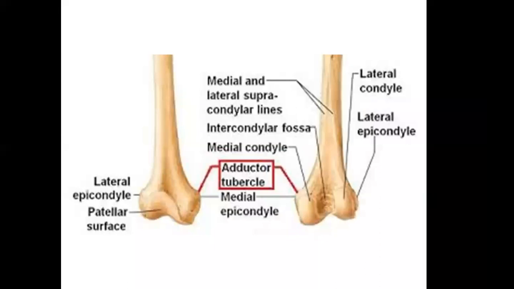Now in this picture, you can see the lateral and the medial condyles, the lateral and the medial epicondyles, and then the adductor tubercle along with the intercondylar fossa. If you can see, here is a depression on the posterior aspect. This is the anterior aspect, this is the posterior aspect. This posterior aspect has the depression and it is known as the intercondylar fossa. On the anterior aspect of this area is the patellar surface, the surface of the distal third of the femur articulating with the patella. This is the patellar surface.